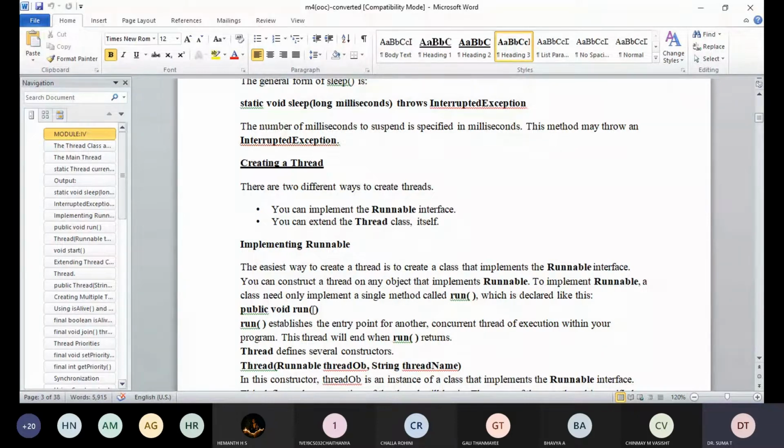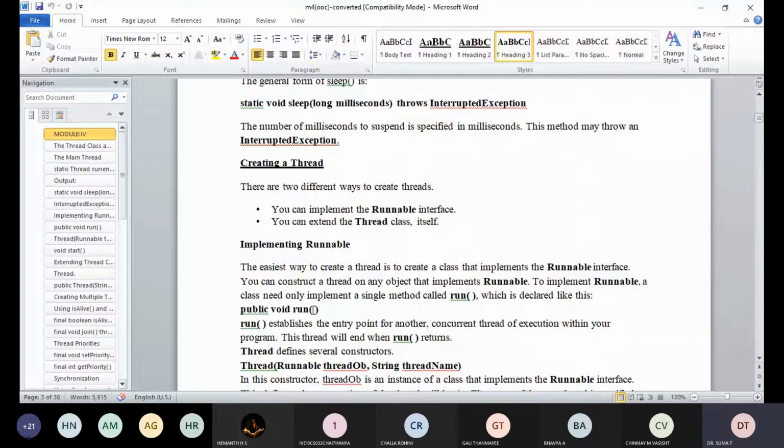In a similar manner, we can declare variables also, just like the main thread can. The only difference is that run establishes the entry point for another concurrent thread of execution within your program.